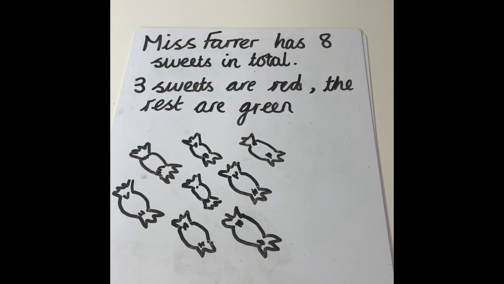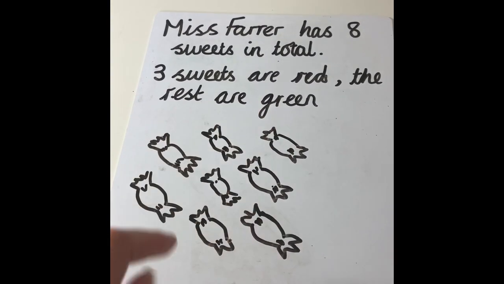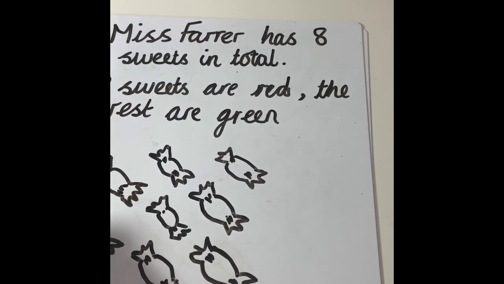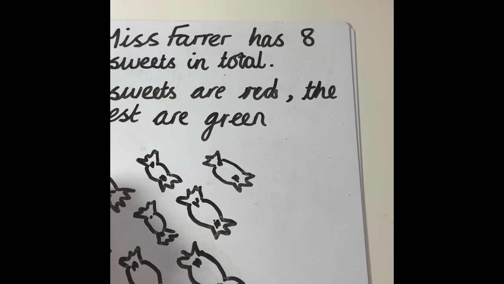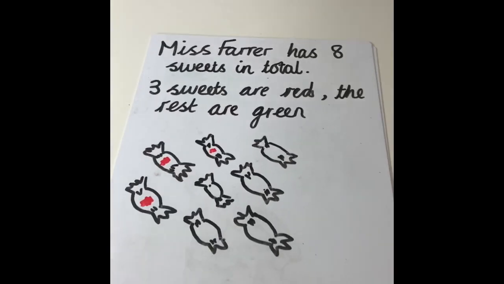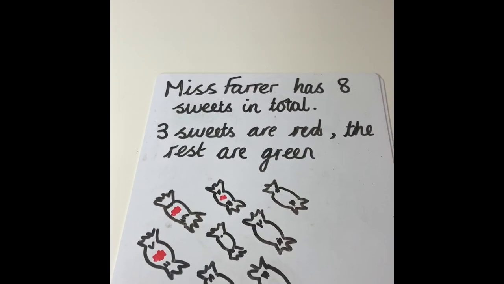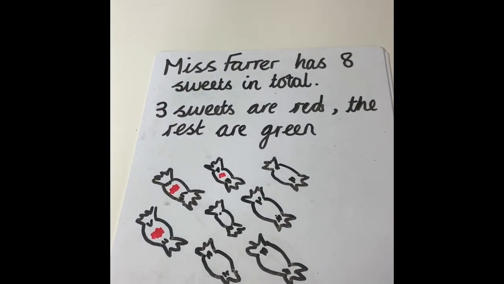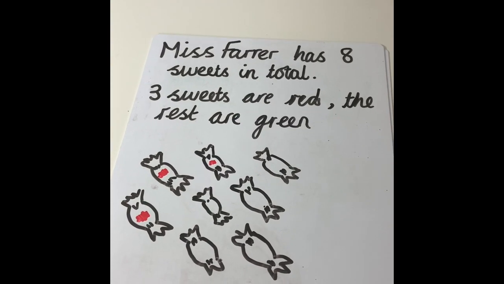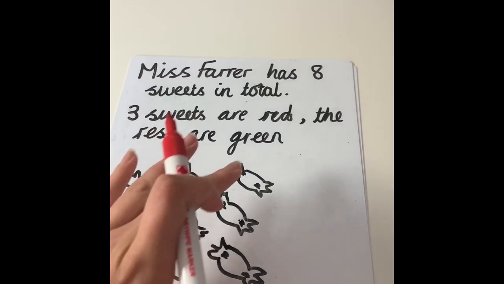Okay, so I know I have my 8 sweets here, and I already know there are 3 that are red because I have 8 in total. 8 is my whole number. 3 is my part. Okay, so I now need to work out the other part, which is these ones that